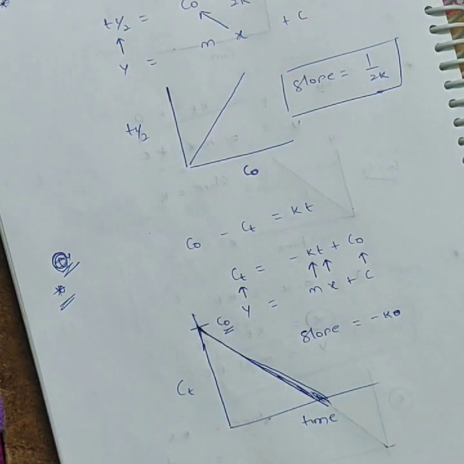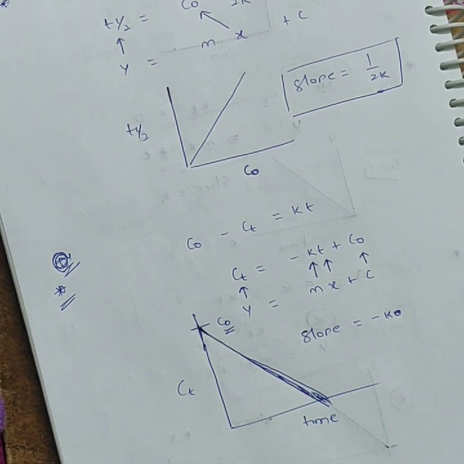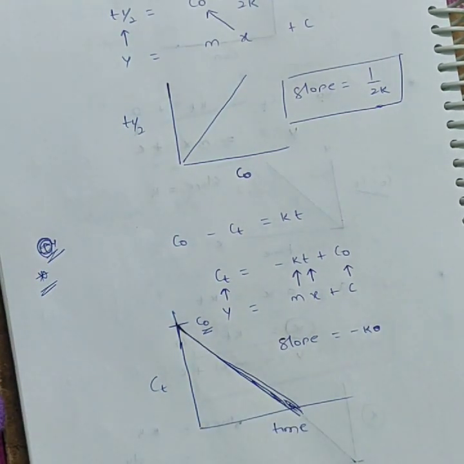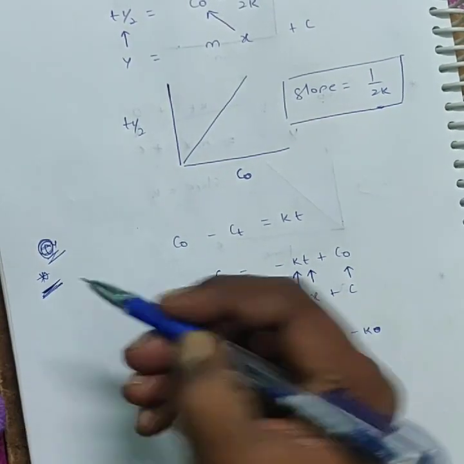So if the intensity of light or surface area of catalyst increases, the rate of reaction increases. But for a given reaction, we take a catalyst with a definite surface area. So as long as surface area is constant, throughout that time, the same number of moles gets converted into product. This is the meaning of this graph. Okay, that's all.